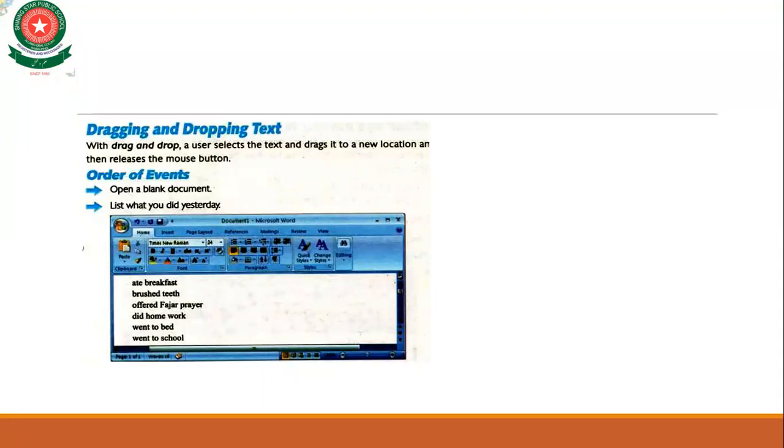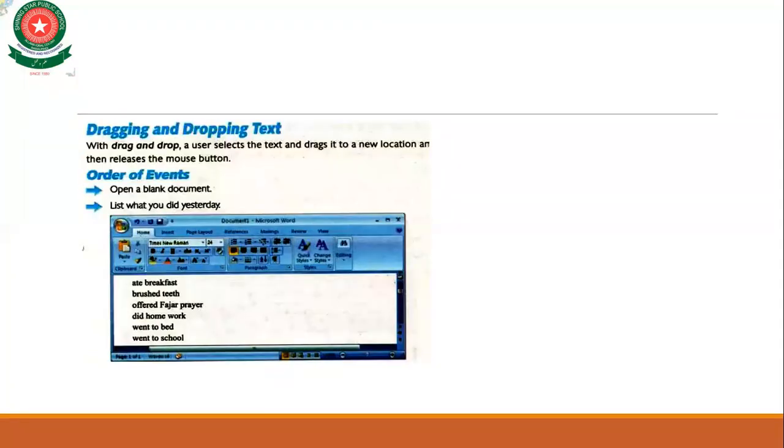When you write this, the things are in random order, but we have to write them in a proper way. First select what you did first, then drag it to the appropriate place where you want to place it. Then repeat until the list is ordered correctly.